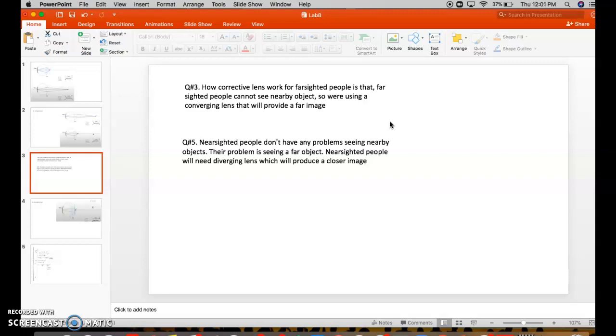And then for number 5, it's kind of the opposite. Nearsighted people don't have any problem seeing nearby objects, and their problem is seeing far objects. So nearsighted people will need diverging lens, which will provide a closer